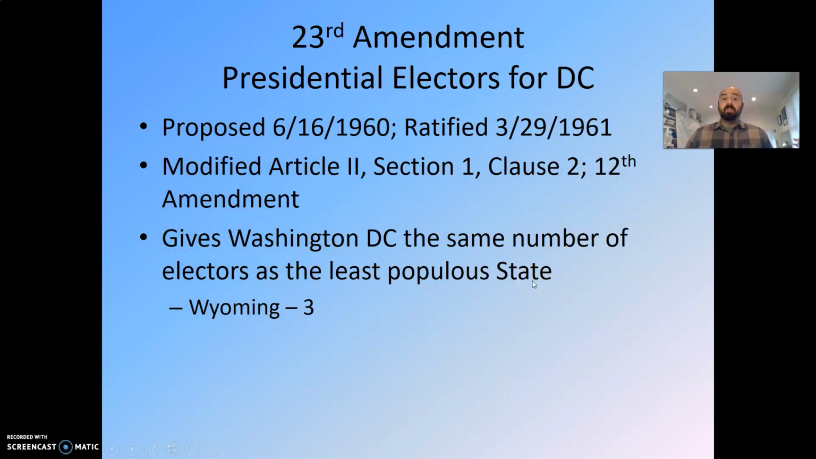23rd Amendment. This is giving electoral votes for Washington, D.C. Washington, D.C., up until the 1960s, did not have a say in who was president of the United States. They had no electoral votes. They now have, according to the 23rd Amendment, the same number of electors as the least populous state, which is